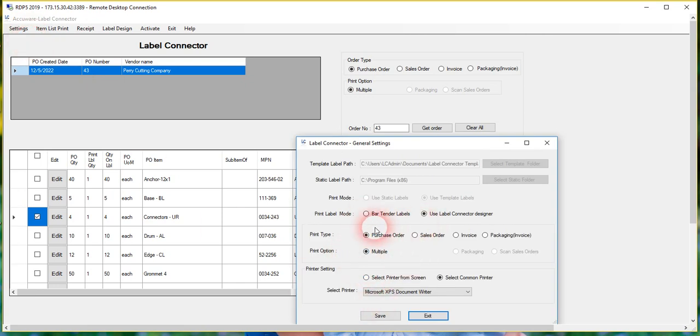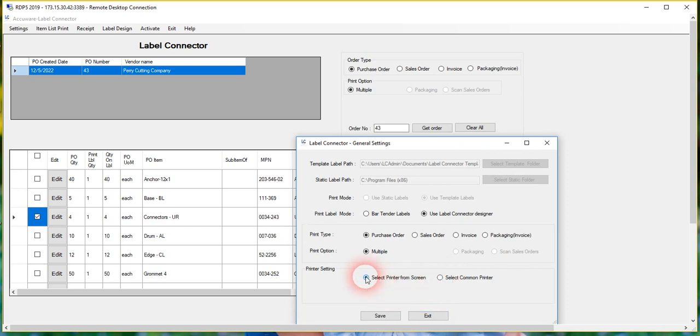You can either use our designer or the BarTender designer. You're required to purchase a license of BarTender to use that designer. That is functional and will work. Our designer comes incorporated into the package, for our regular price, so there's no added licenses that you need to purchase with that. Here you can set the default behavior of the type of order that you want to search on, and then here you can select the printer like in the screen you're using,